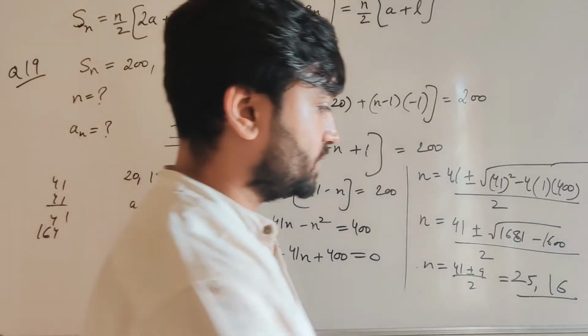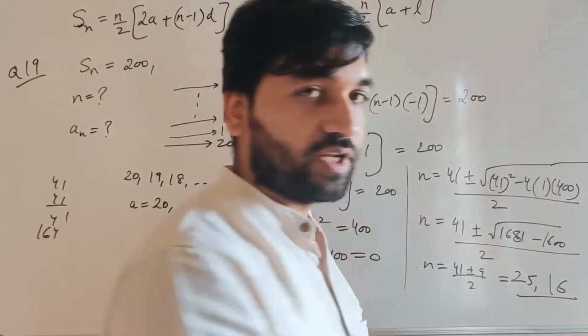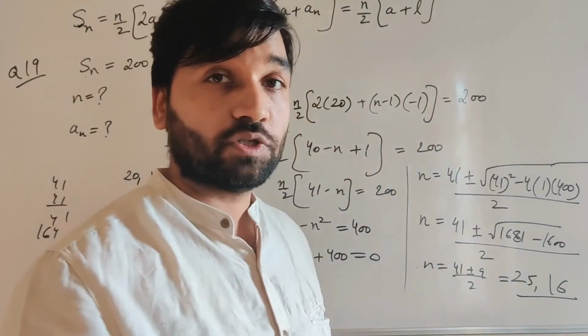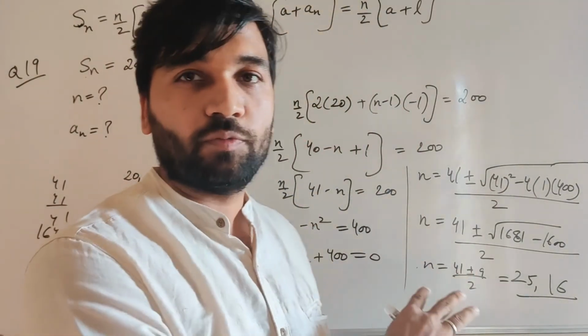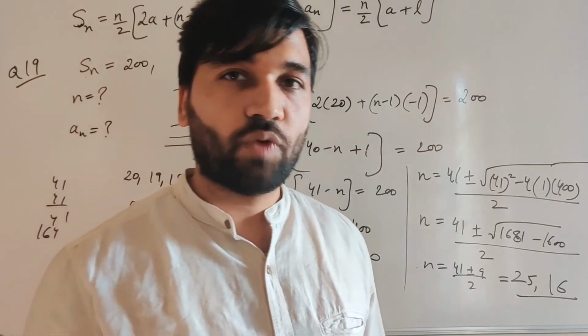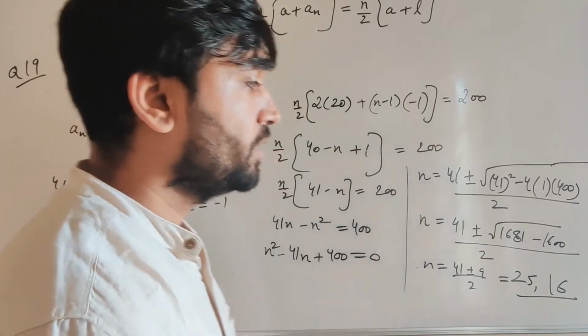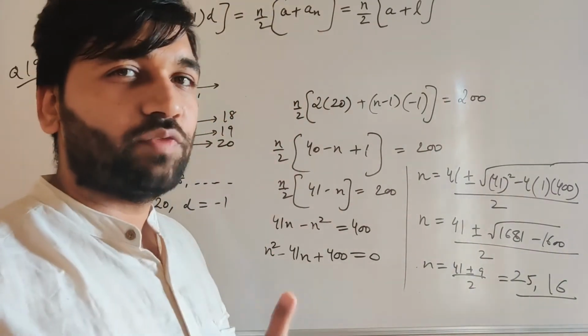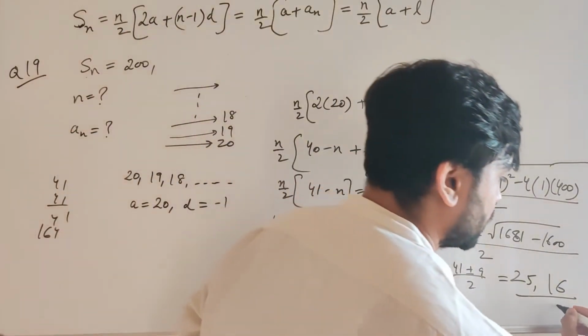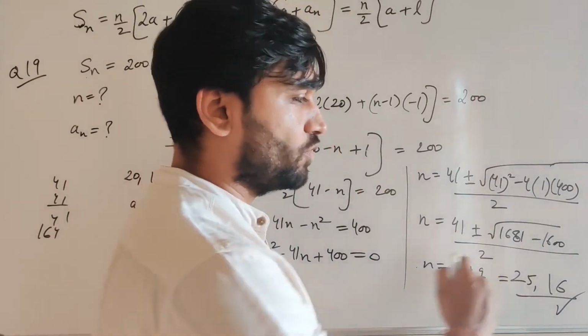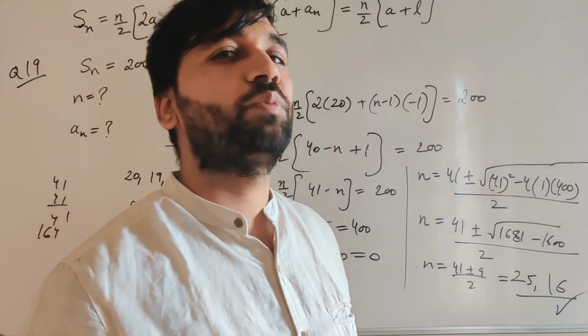Okay, so here in this question, you're getting two values of n. Okay, which is quite possible. If it was not a word problem, there could have been two values of n because you're getting a natural number value. Alright, in this question, there's only one value of n which is possible, which is going to be 16. n equals 25 wouldn't be possible.